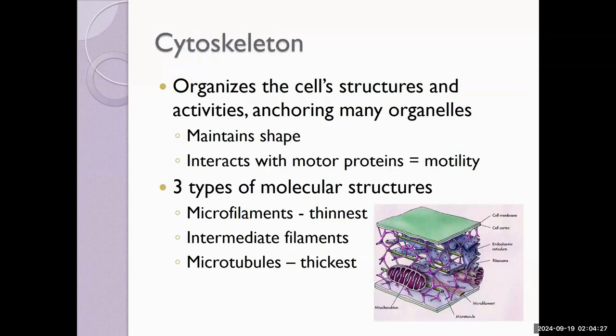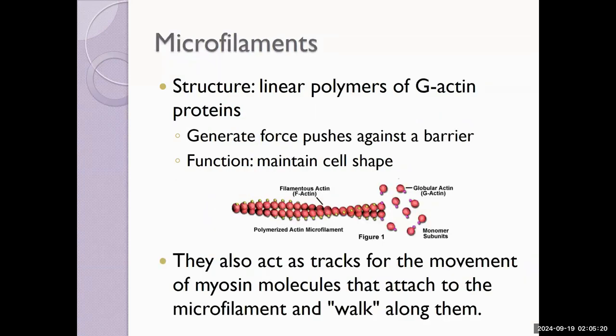The eukaryotic cells are larger, so they need some cytoskeletal networks to help provide structural integrity and support, help maintain the shape. The cytoskeleton also becomes essentially roads or avenues for transporting molecules across the cell. There are essentially three types of filaments. So microfilaments, the thinnest, are composed of only two thin strands of actin subunit, and they generate a gentle force against the plasma membrane barrier. Their whole function is to just maintain structural shape.